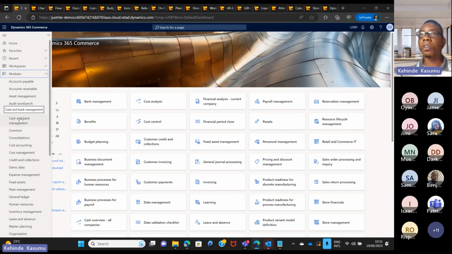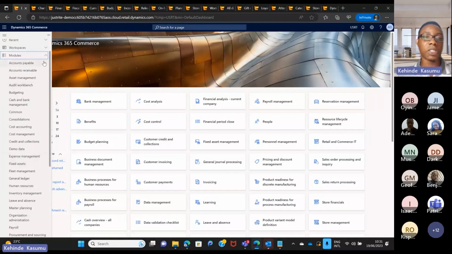We know that a typical retail company that engages in sales of products would also procure these products from certain suppliers, and every transaction, either a purchase or a sale, always impacts your books. You want, at the end of the day, to be able to see how you're doing financially. And so the bedrock of Dynamics 365 Commerce is finance. So I'll walk you through some of the financial functionalities that we have.